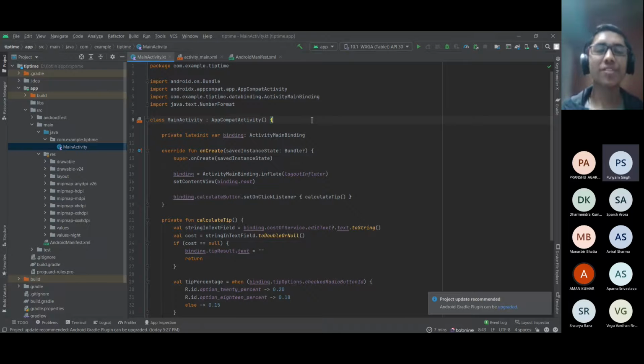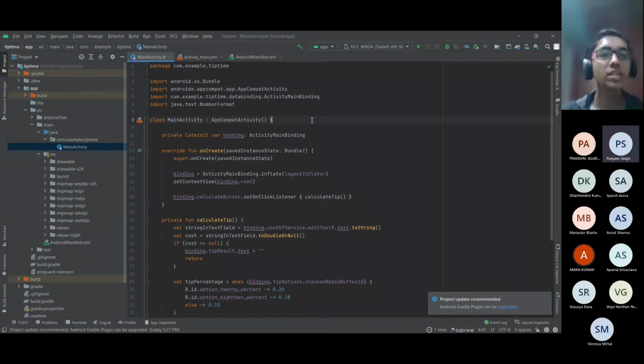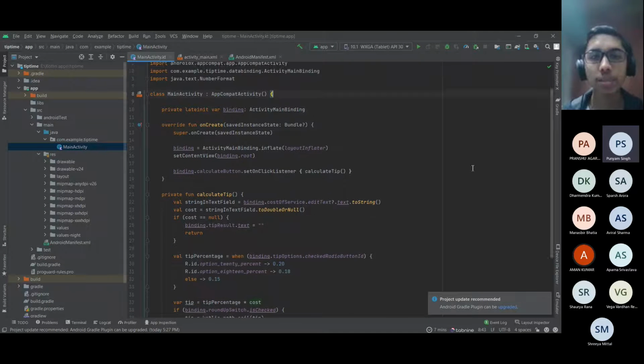Okay, I forgot that. But so here what happens is that AppCompatActivity is defined in your Android, saying that this is how an activity is. These are all the layouts, and this is all the data it should have. This is how it should behave and respond. So we're saying that a main activity is also an activity, so it will behave in the same way as an activity. And we're defining some extra things in our main activity. That's the same thing if you look at the other examples too.